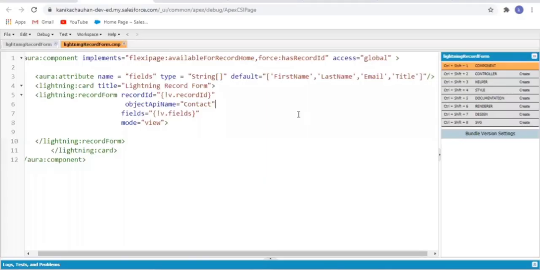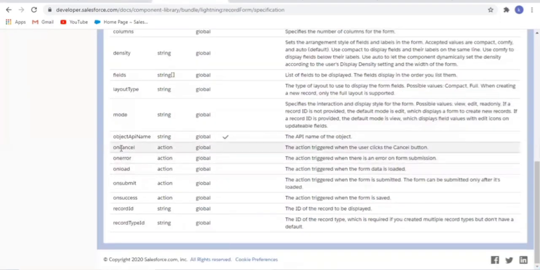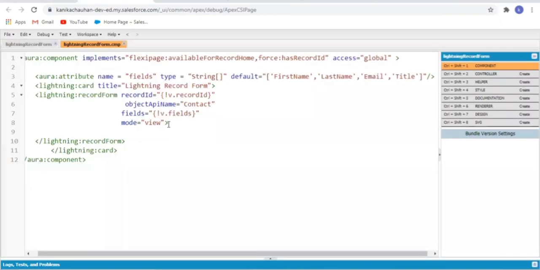Till now we have checked out our lightning record form with all three different modes, that is read only, edit and view mode. Now let's create a new record using this lightning record form tag. Let's add one more attribute here, that is onsuccess. It is just to check, when I hit save to save my record, whether it will fire or not.